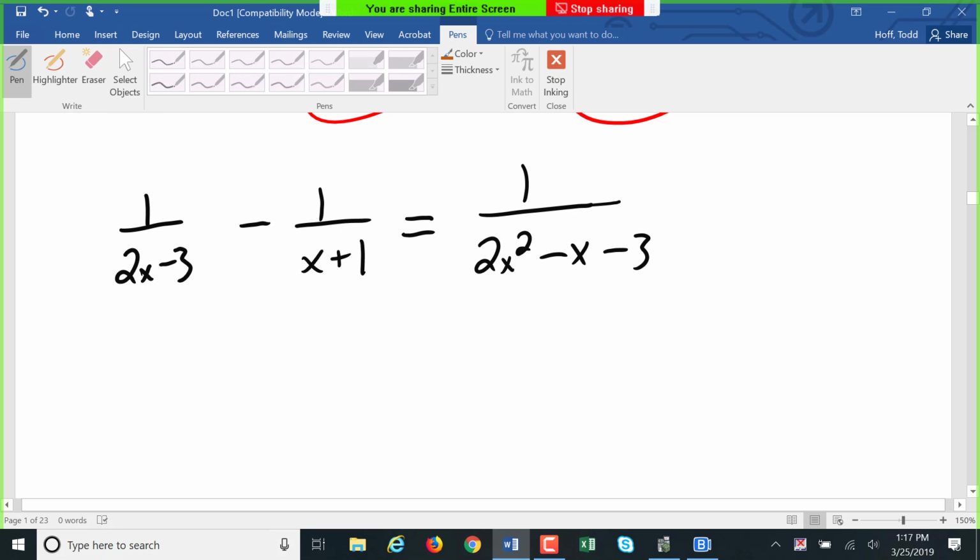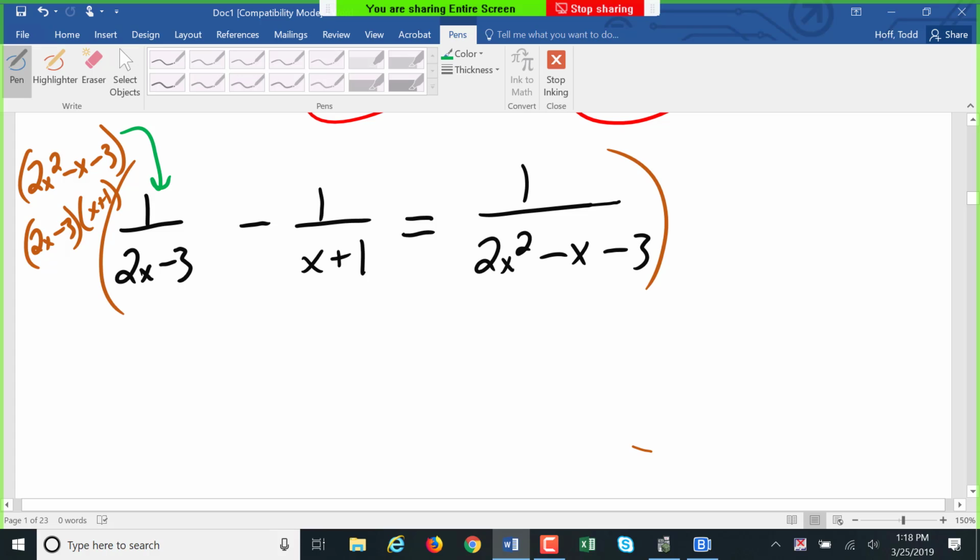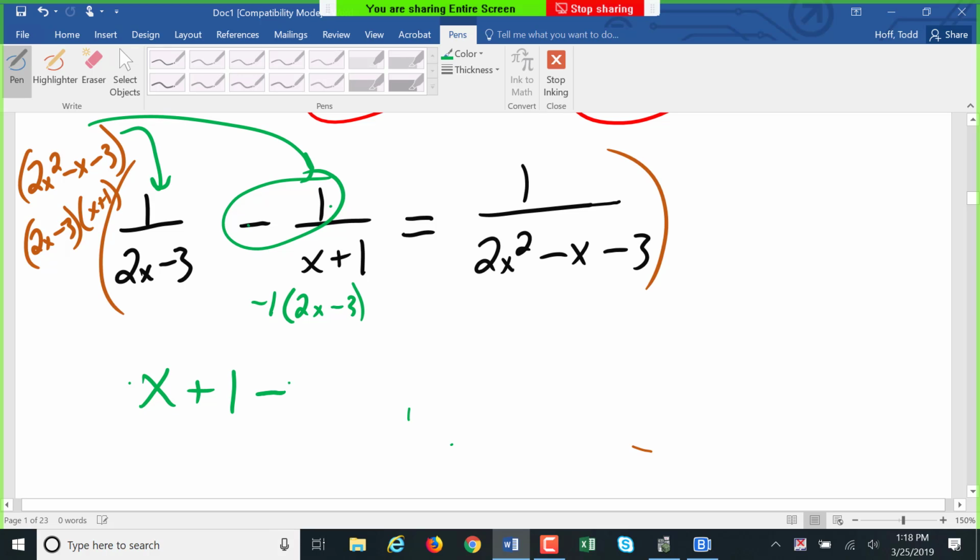So what you find is your common denominator. Perfect. The 2x squared minus x minus 3. And we have to make sure we keep in mind that that is 2x minus 3 times x plus 1. So when we multiply this first piece here, what's left? X plus 1. When we do the second piece, what do we get? Perfect. We have to remember it's a negative 1 times it. The x plus 1 cancels out. It's negative 1 times 2x minus 3. So negative 2x plus 3